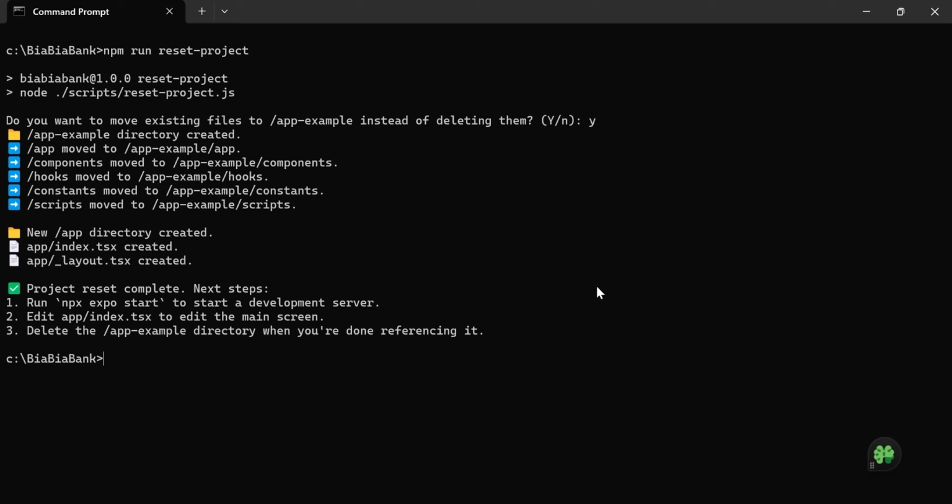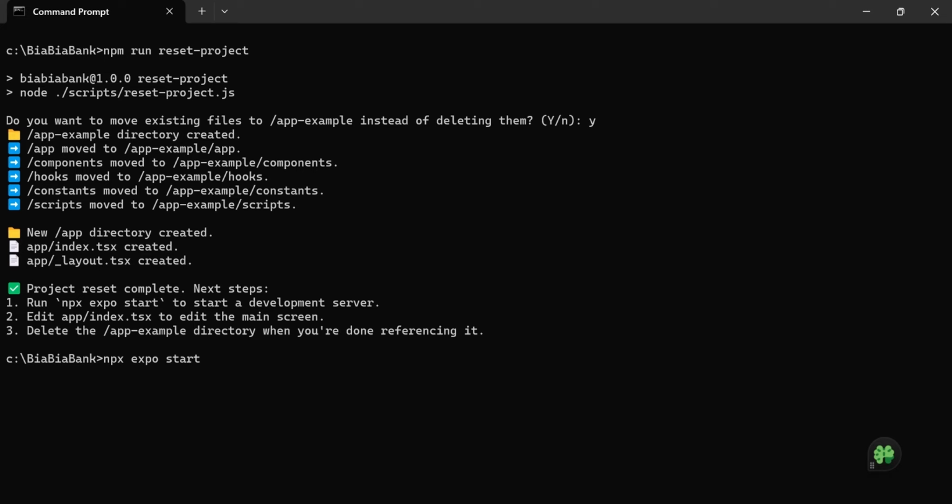Now, in order to test our apps on our phone, we're going to use the Expo app. If you have an Android phone or iOS, go to your Play Store or Apple Store and download Expo. Expo will help us test our application on our phone. I'm going to show you shortly how to download Expo on your Android phone. But before we download, let's start the testing environment on our PC. Now, npx expo